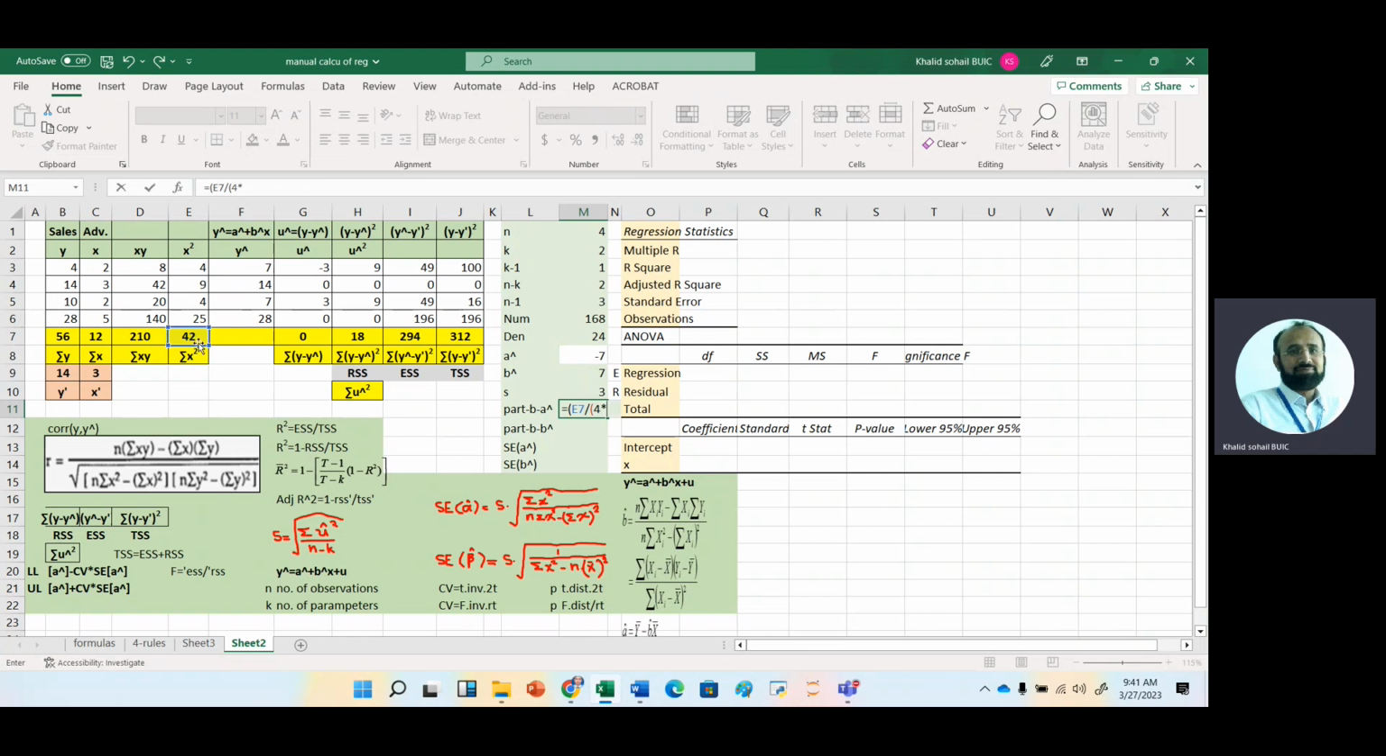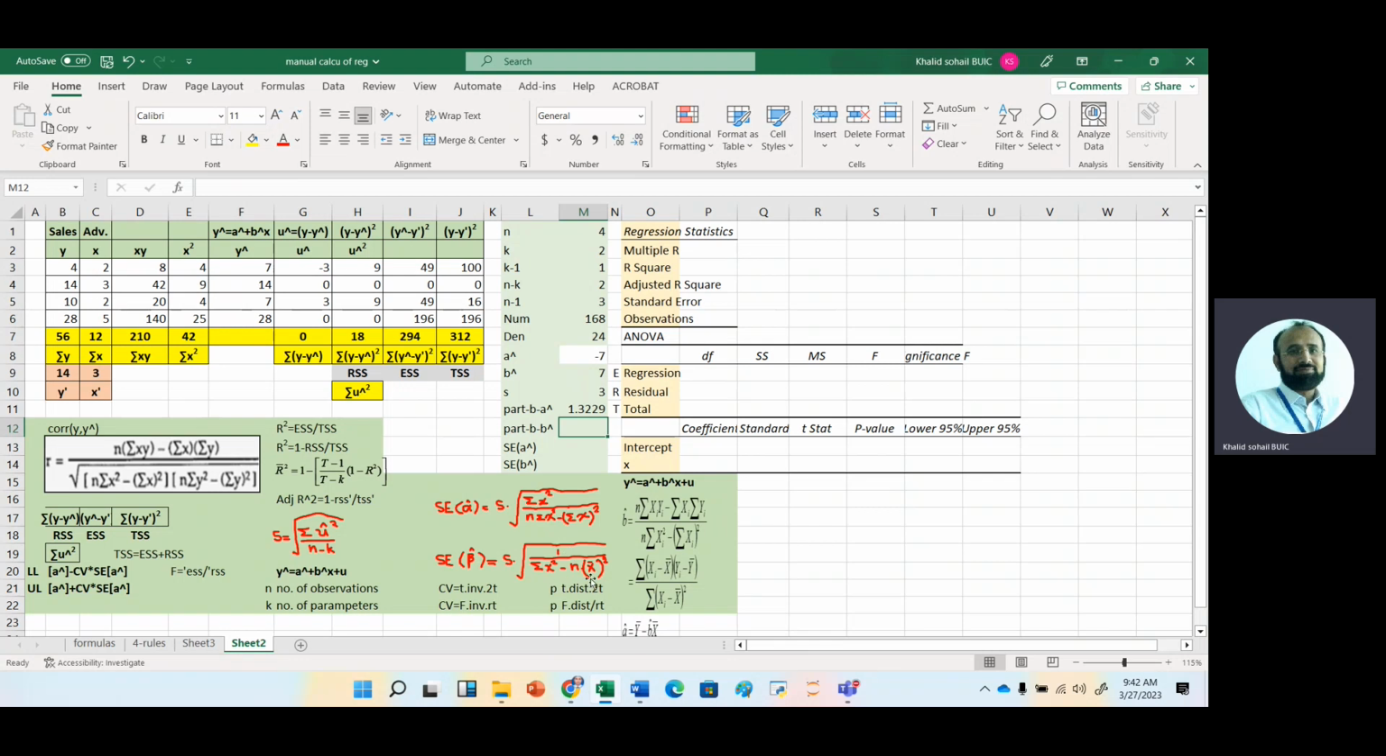Again, we have this 42 minus summation x whole square, that is part 2. And we will take its square root as well, because in the formula we have a square root term, power 0.5. Now after calculating this, we now calculate our next term, that is the second part of standard error of beta, that